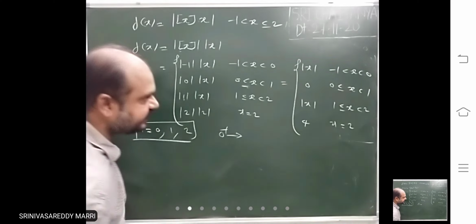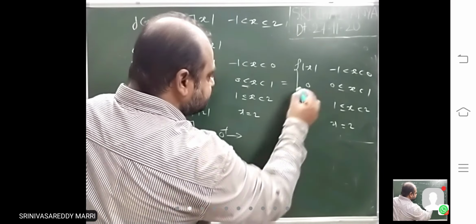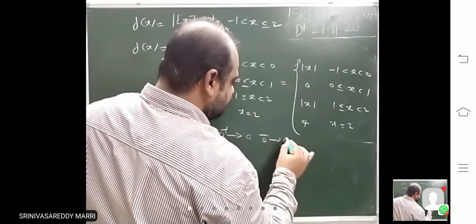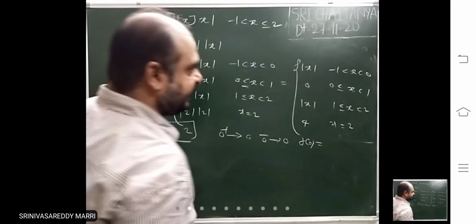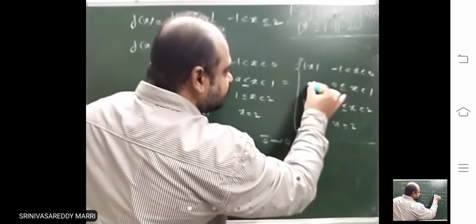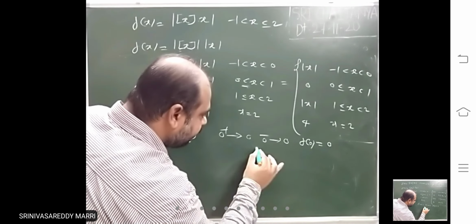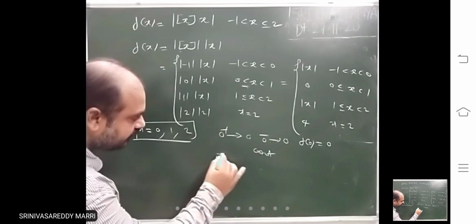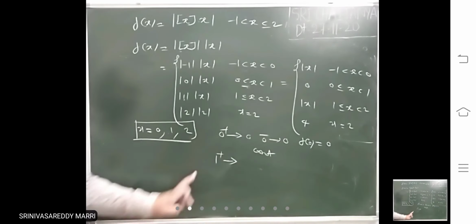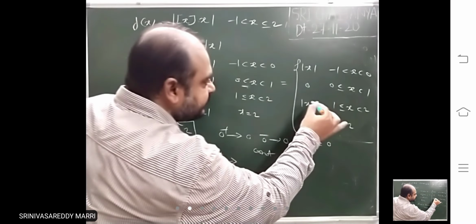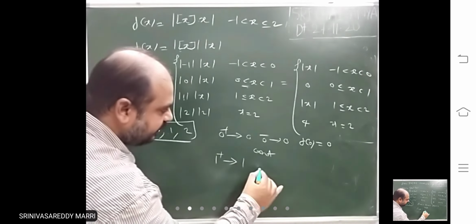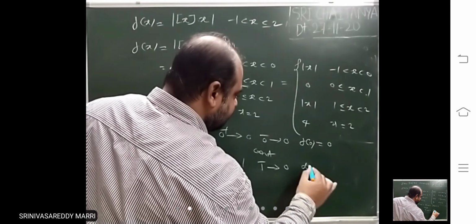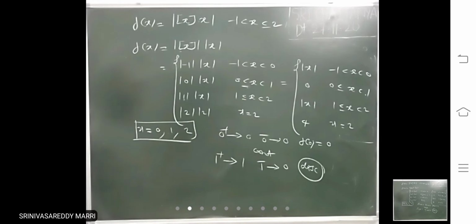0 plus right limit is what? 0. 0 minus left limit is what? 0. F of 0 is necessary. F of 0 is what? At 0 this is what? 0. All three are equal, therefore continuous. Next at 1 plus, this is the right limit. If you substitute 1, what will you get? 1 minus, less than 1, what will you get? 0. Both are not equal, no need to calculate f of 1.